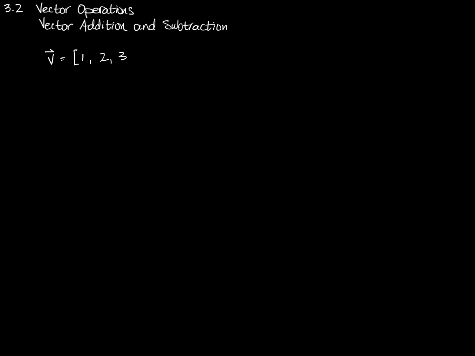Something nice and straightforward. Then -1 times v is negative v, which is -1 times 1, -1 times 2, -1 times 3. So I can think about negating a vector by multiplying it by -1. -1 is the scalar, and multiplying it component-wise, I'm multiplying it through the vector. So if I had, for example, let's put another vector up here, w equals 2, 0, 5, then I can